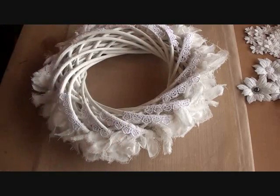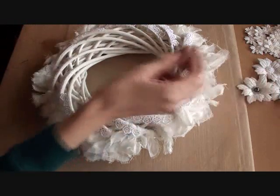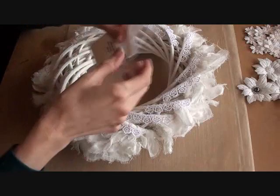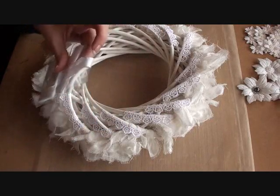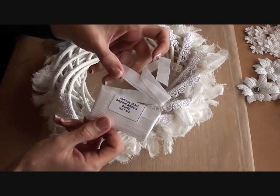Okay, I'm back. Right, all the flowers are made, but before I start adding the flowers I want to add a hanger to hang this up. So I'm going to use seam binding, and I'm going to use the white, and the product code for that is